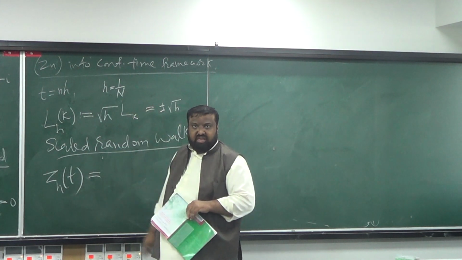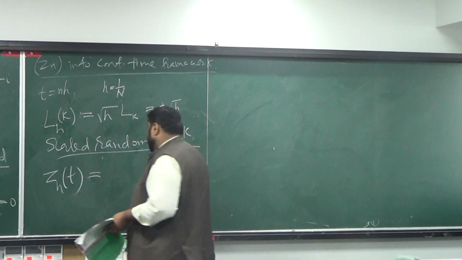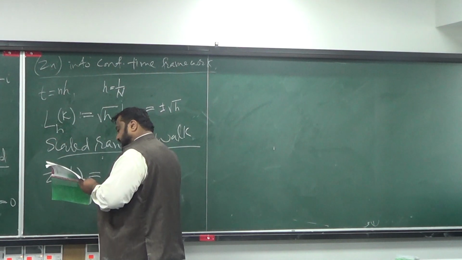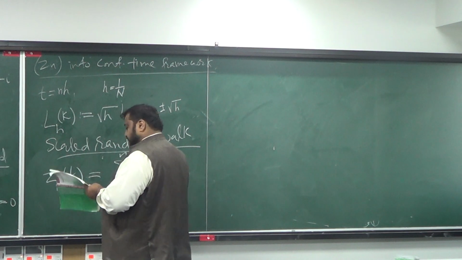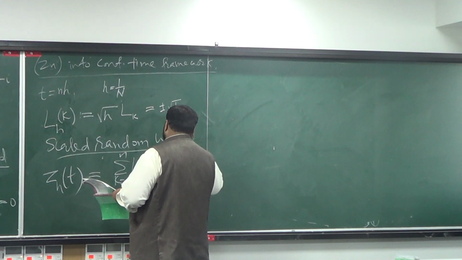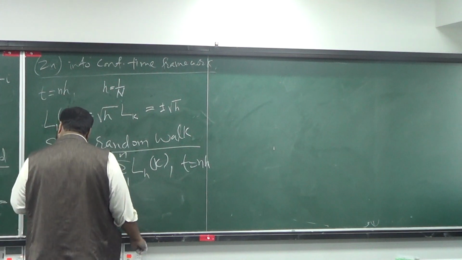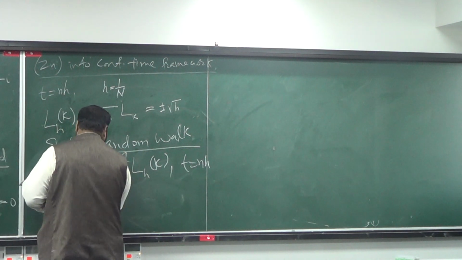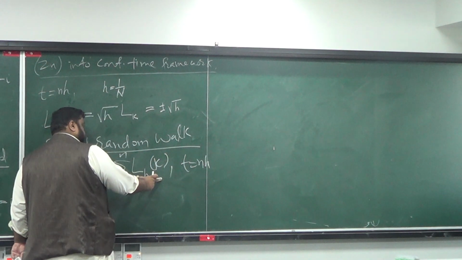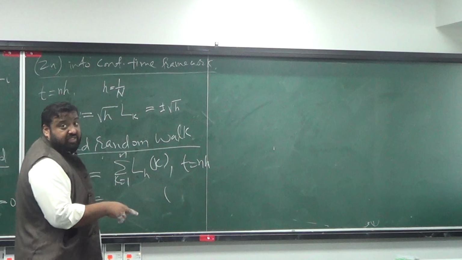So Z^h of t, in other words a scaled random walk, I'm defining to be the sum of such tiny gains, k equal to 1 to n, of the gains at each step. On these instants it's this sum, while on the instants other than these discrete instants,